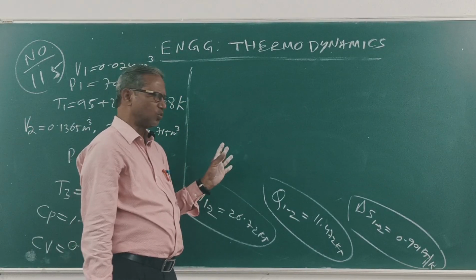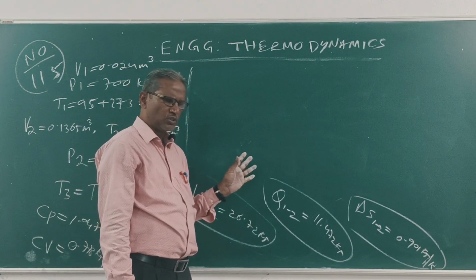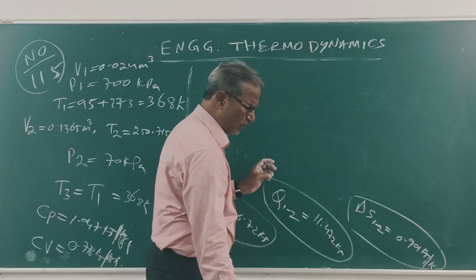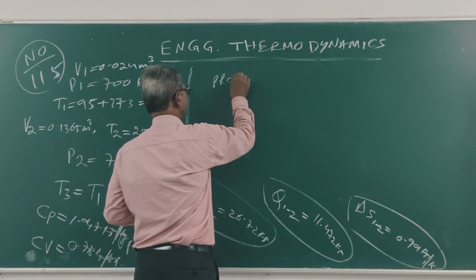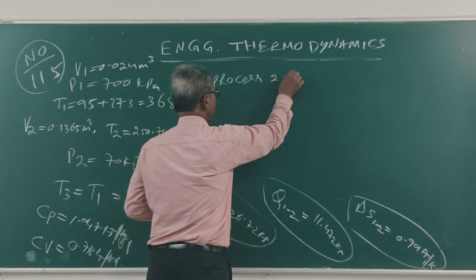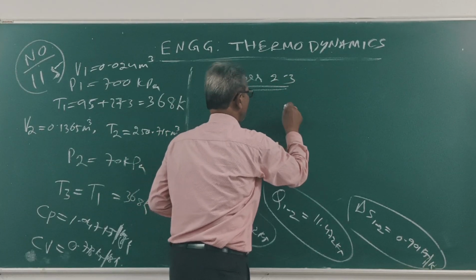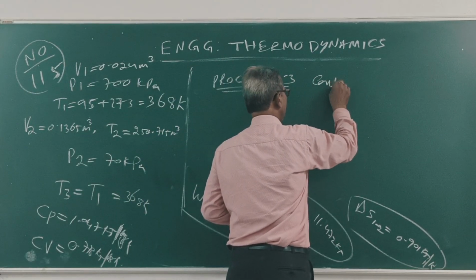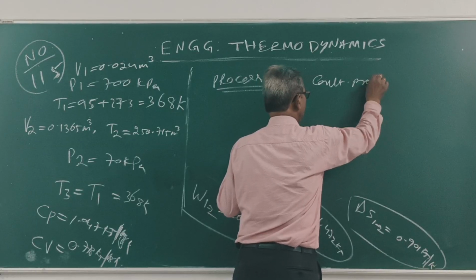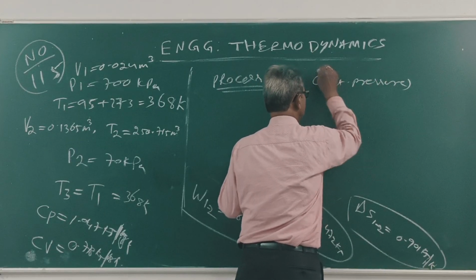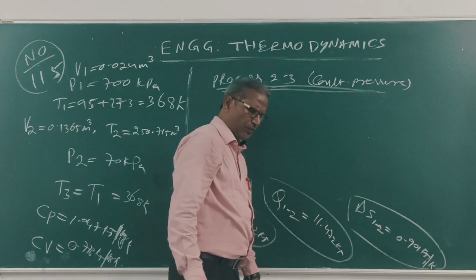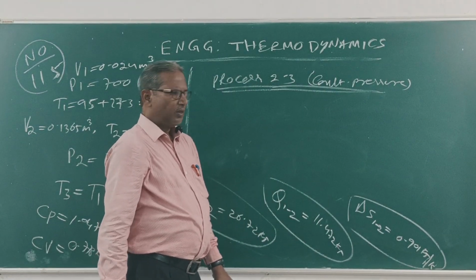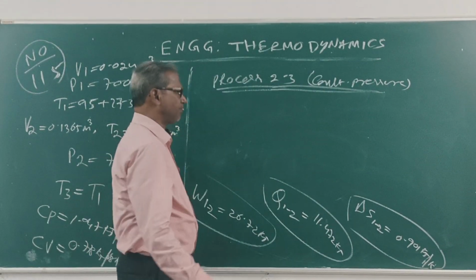Now come to process 2-3. Process 2-3 means constant pressure process. Now P2 is equal to P3. Clear? So